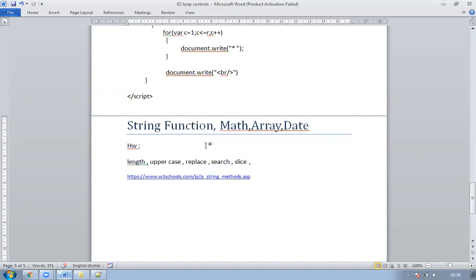Your homework today is to find at least 30 functions from string, math, array, and date, so your skill automatically increases. Those are built-in functions. I don't want you to write your own functions. Try to use built-in functions, because in industry we mostly use built-in functions, mostly with arrays, dates, math functions, and strings too. This is what we use, and I also refer to this site.